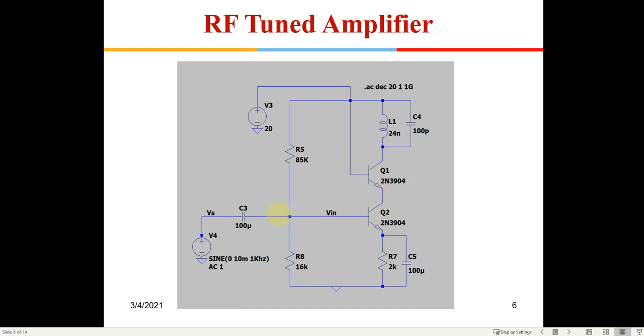Coming back to this circuit, I am applying a sinusoidal signal. This is a cascode structure, and here the load I have tuned with a value L and C out here. In a practical RF circuit, this C will be a varicap. A varicap is a variable capacitance, which we generally build using a PMOS. If you change the bias of the PMOS, you will get a varying capacitance, so you will be able to tune it to the required frequency. Here I have taken a fixed capacitor, so this forms the tuned circuit.